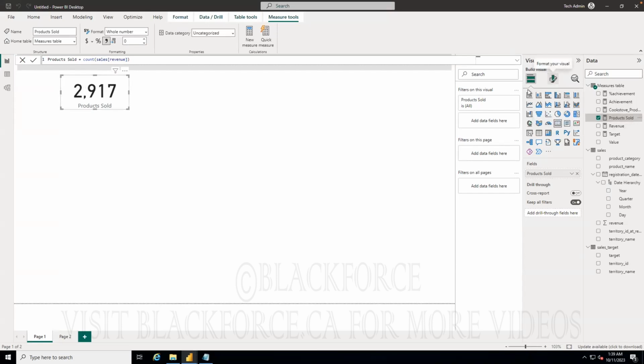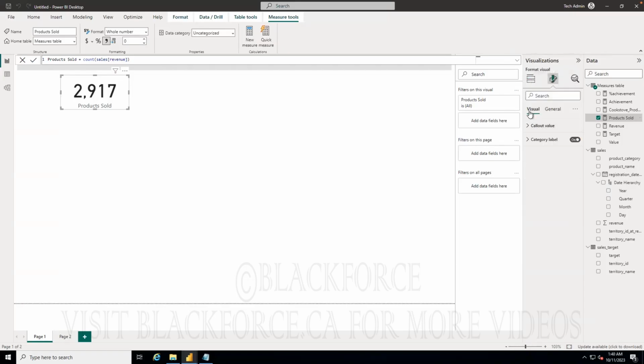So when you click on this, it just gives you whatever configuration that Power BI believes that it should be at, but that may not be how you want to present it. For example, I don't want my number to be this large, right? So if I come to the format your visual button here, under visualizations, you have add data to your visual, you have format your visual, and then you have add further analysis to your visual. So if you come to format your visual,